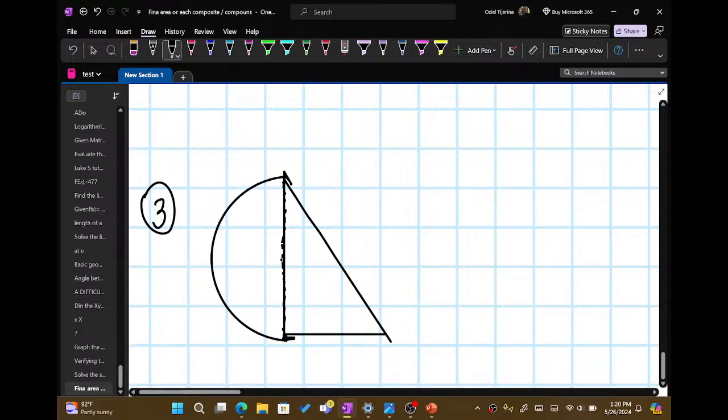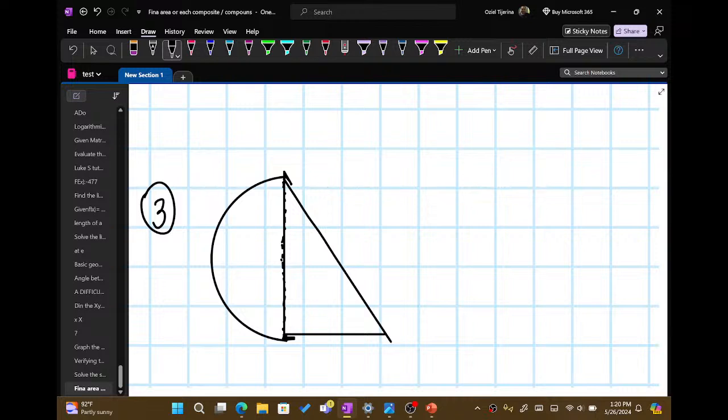Something like that. It's not drawn to scale. It is not drawn to scale. But we want to find the area, right? This is 27 feet here. And they're saying that